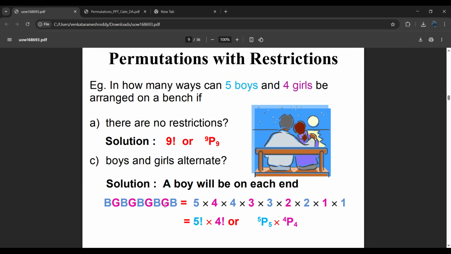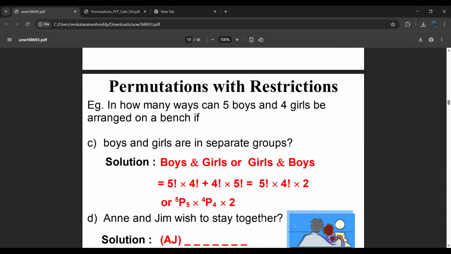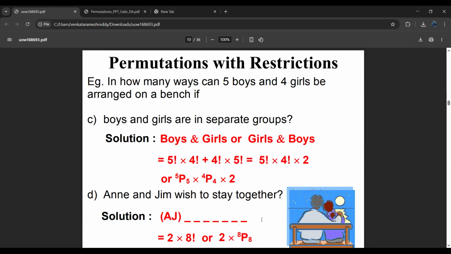Or we can also say out of 5, we can arrange these 5 boys in 5 ways, so 5P5 into 4P4. So this is the restriction. It means out of the number of students, we arrange them in such a way that the same kind should not sit together. Those are the restrictions. So that is permutation with restrictions. See next example. In how many ways can 5 boys and 4 girls